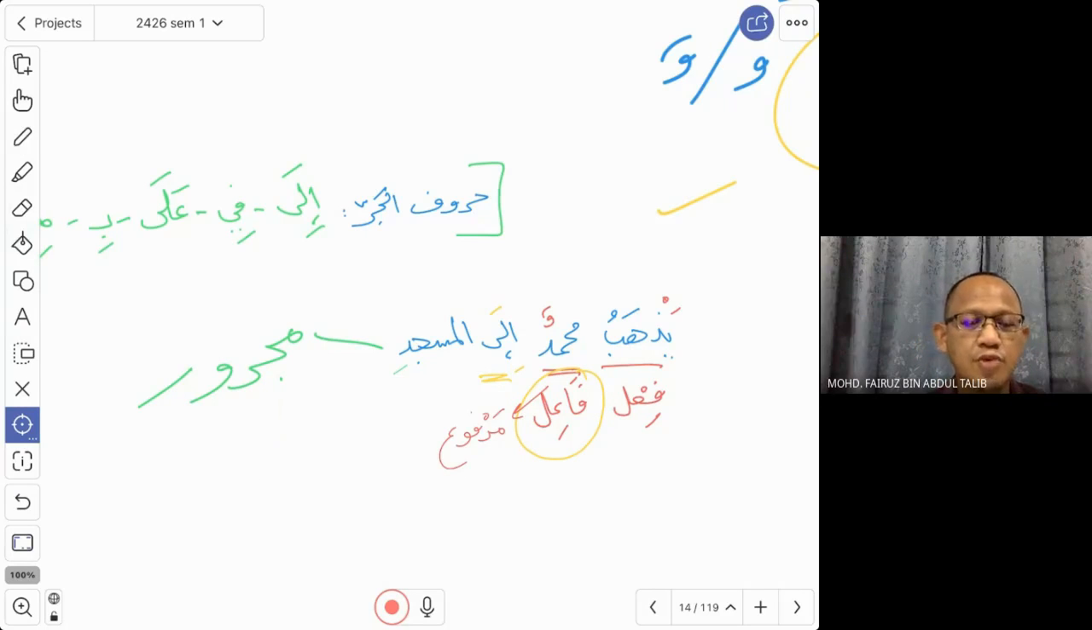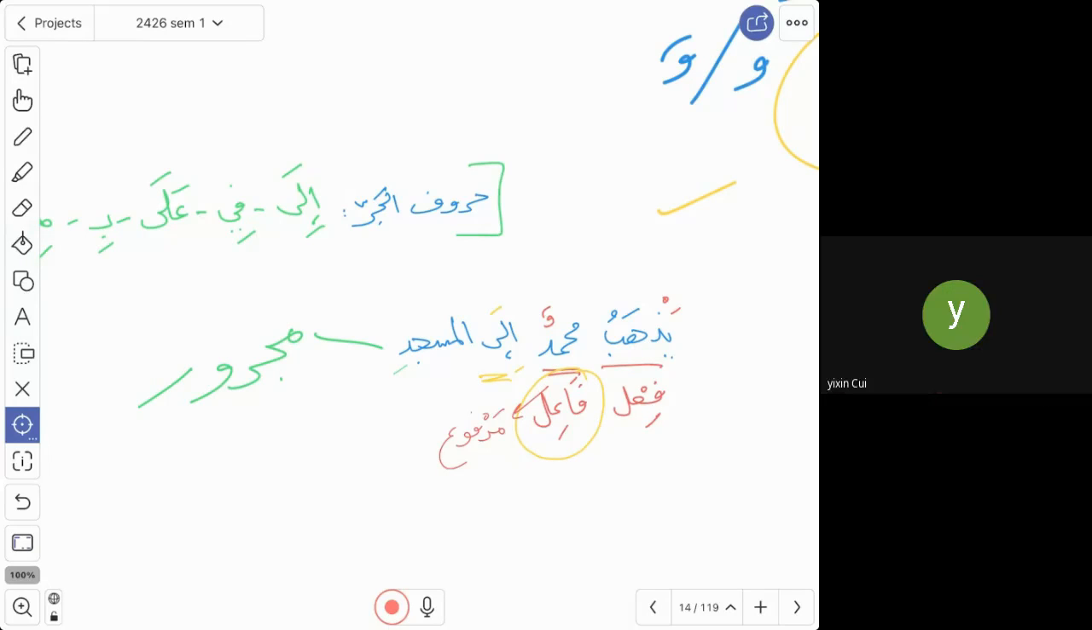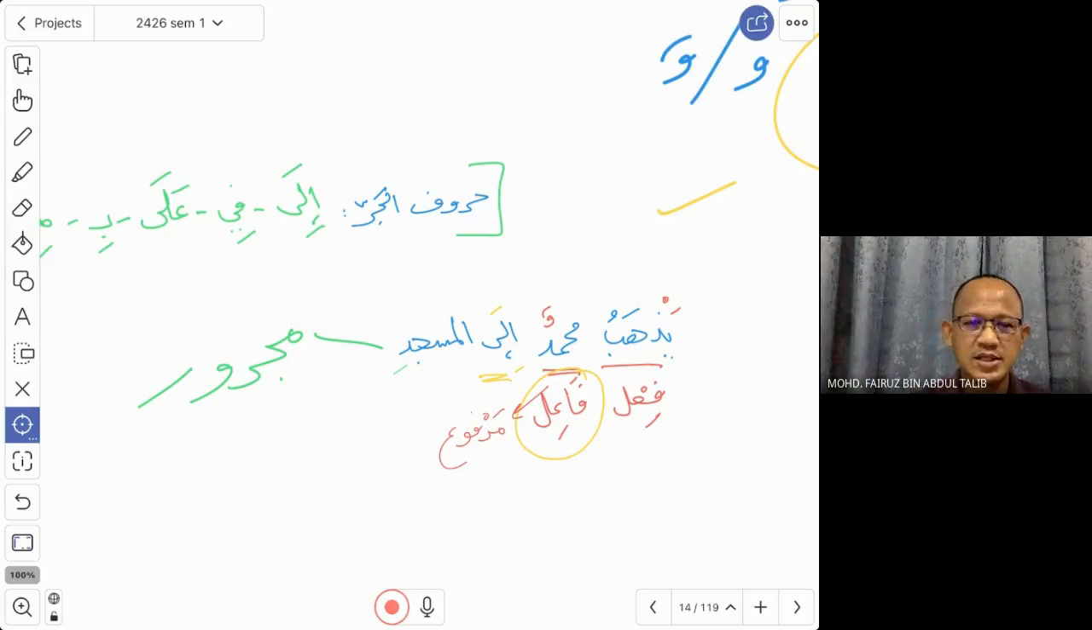So why do we call it huruful jar? Because the next word is always in the state of majrur. Okay, that is what. So jar and majrur. Jar and majrur. So when a word is majrur,